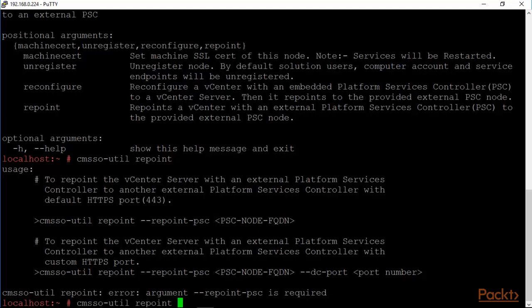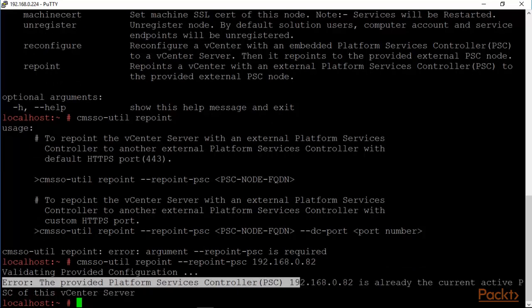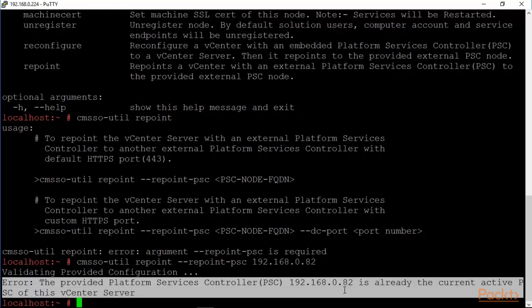And so what I will do is --repoint-PSC, and I will repoint it to 192.168.0.82, the platform services controller, and you will see that this vCenter is already connected to this platform services controller, and